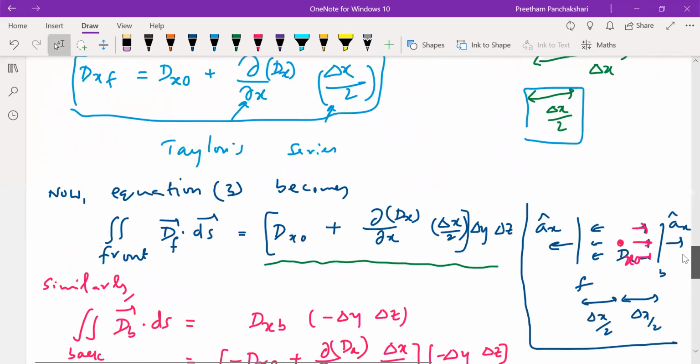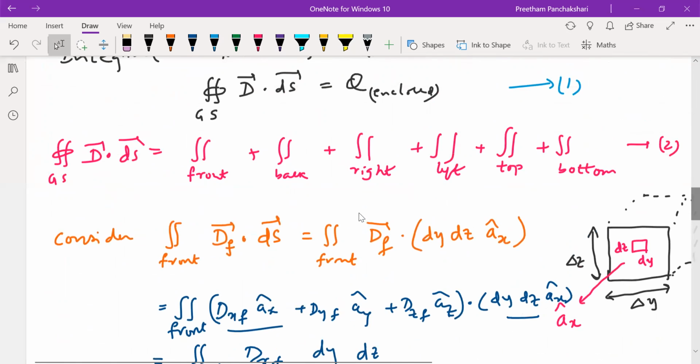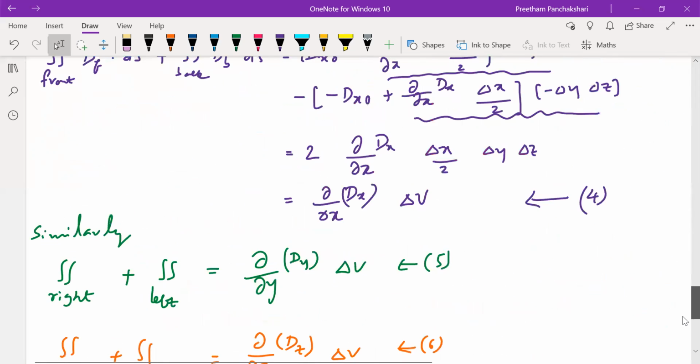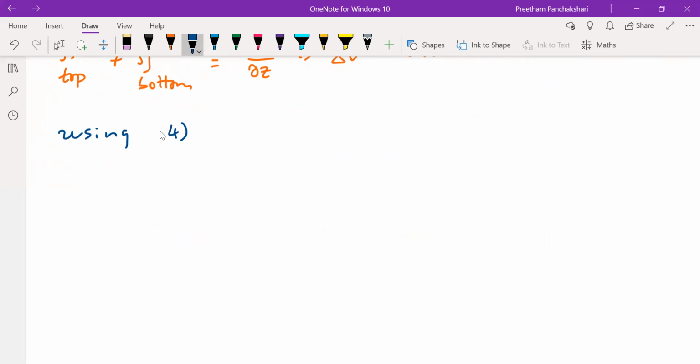the closed surface equation. Let us find out which equation it is. Equation number 2. So look at this equation number 2. The left side, the total flux passing through the closed surface, that is the closed surface integral of D. So in this equation we have to substitute, using equations 4, 5, and 6 in equation 2, so we get